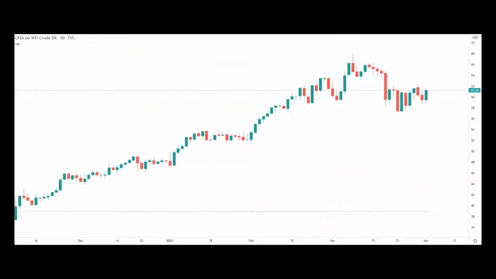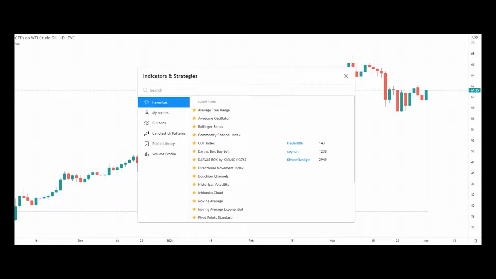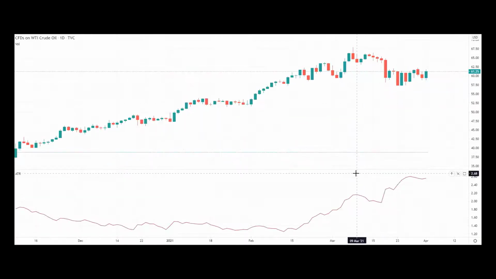So a quick example here using crude oil, US crude oil, WTI, on a daily chart to find the average true range, or the volatility, of the asset. Now we've set it to daily, so if we're going to use ATR, the results we're going to get are for the daily movement. So we go up to our indicators, this is using TradingView, we put on average true range, and down the bottom of the chart we now have this line, and it's reading off 2.6 roughly for the 1st of April,